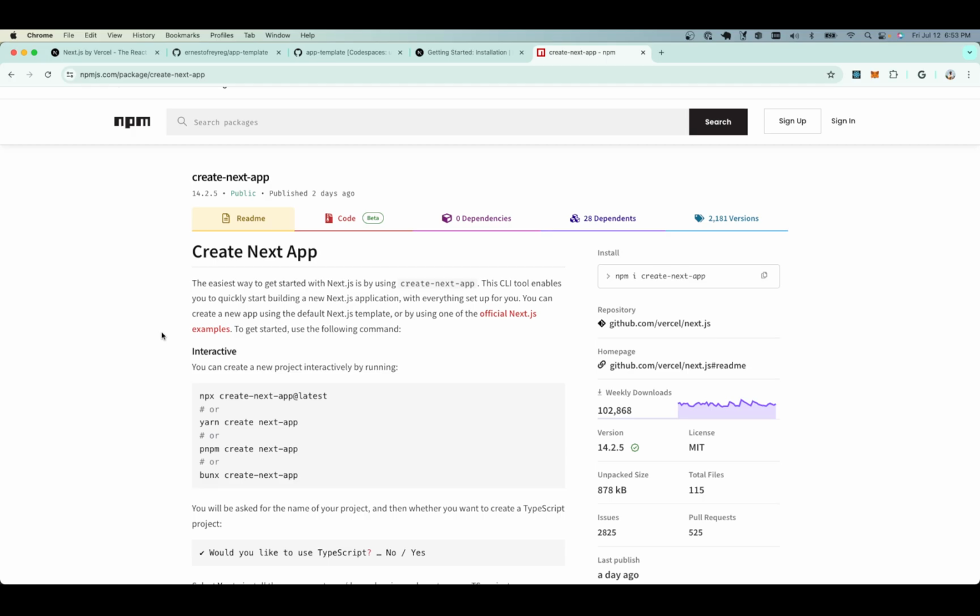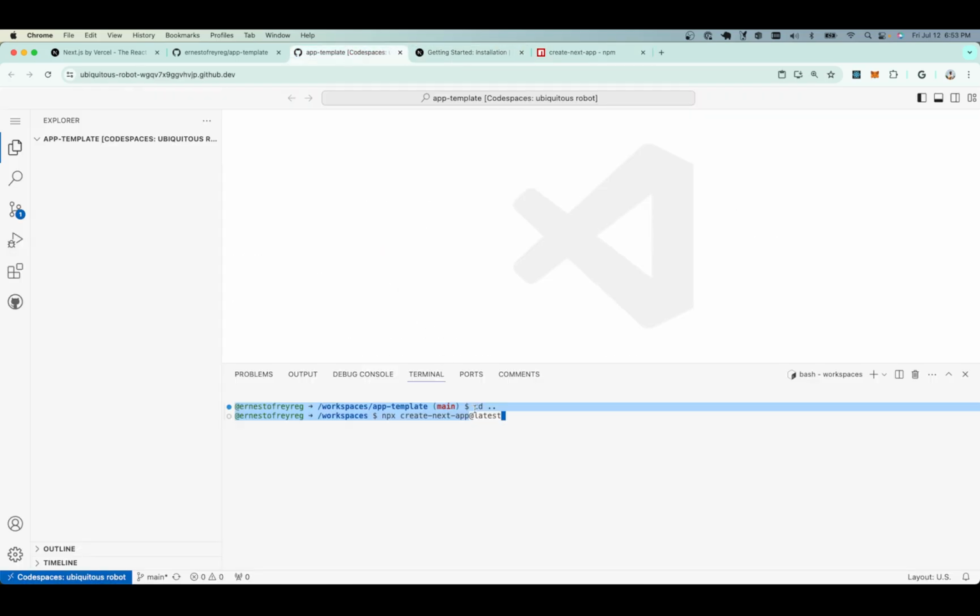No, you just run it directly. I don't want to install it. I just want to run it, right? And that's what we're going to do here. We're going to run create next app, and we are telling it to run the latest version of that package, right? So hit enter, and here we go. This will execute this. We say yes,